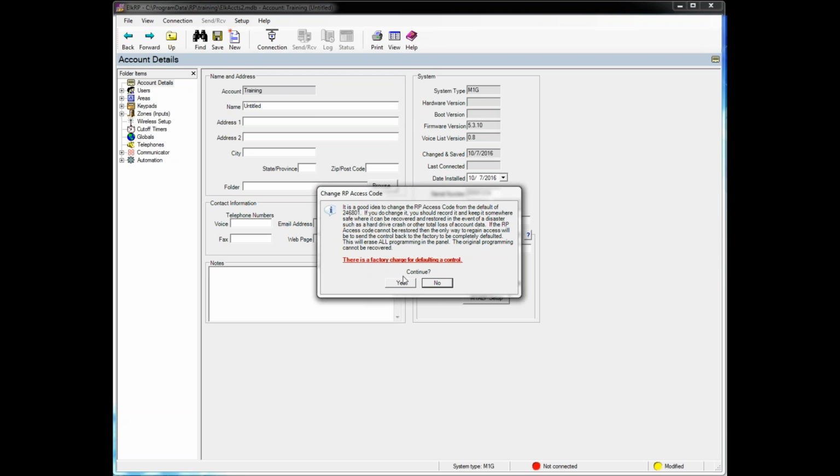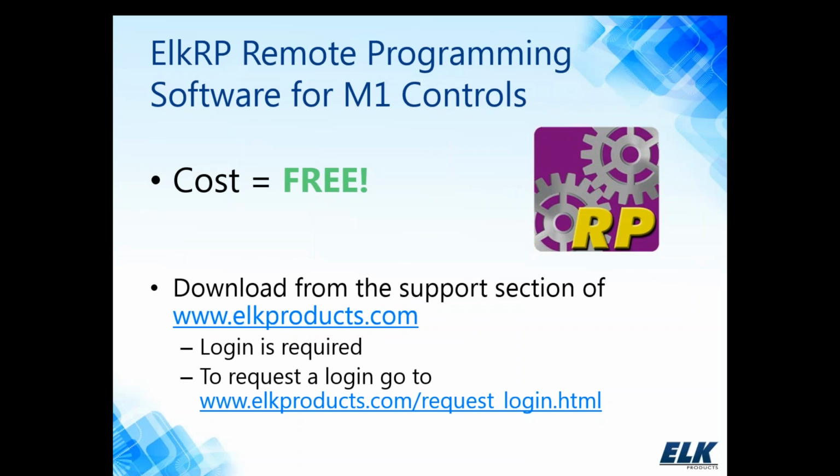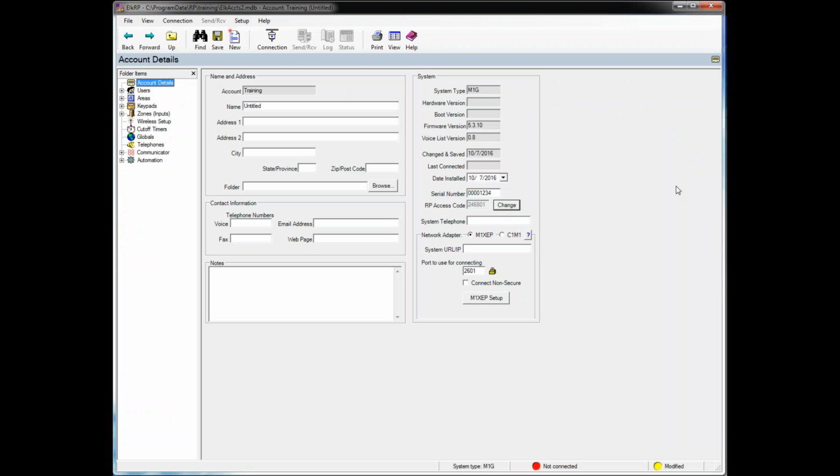If you do want to change that, you can continue, yes here, and it will give you a field where you can put in a new code. Hold on just a moment, not sure what happened there. Oh, there we go. All right, so we also have some information here on this screen related to your network